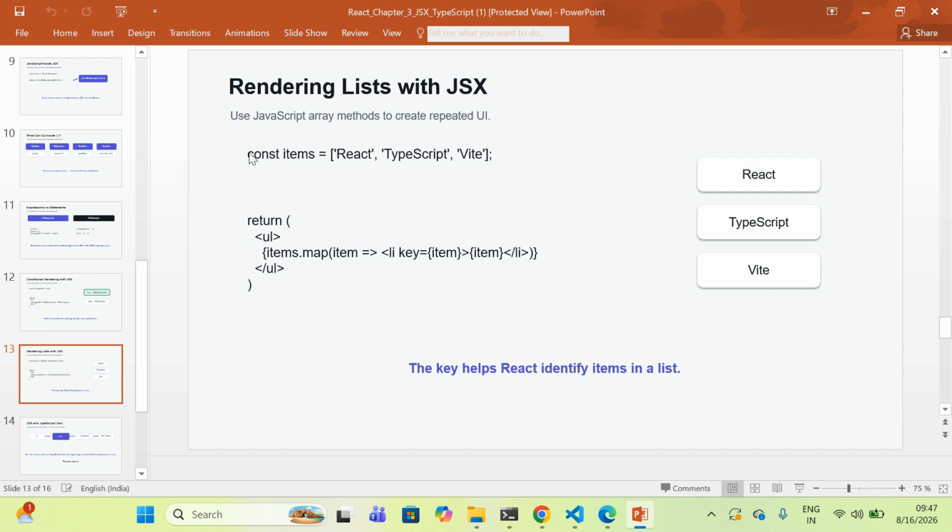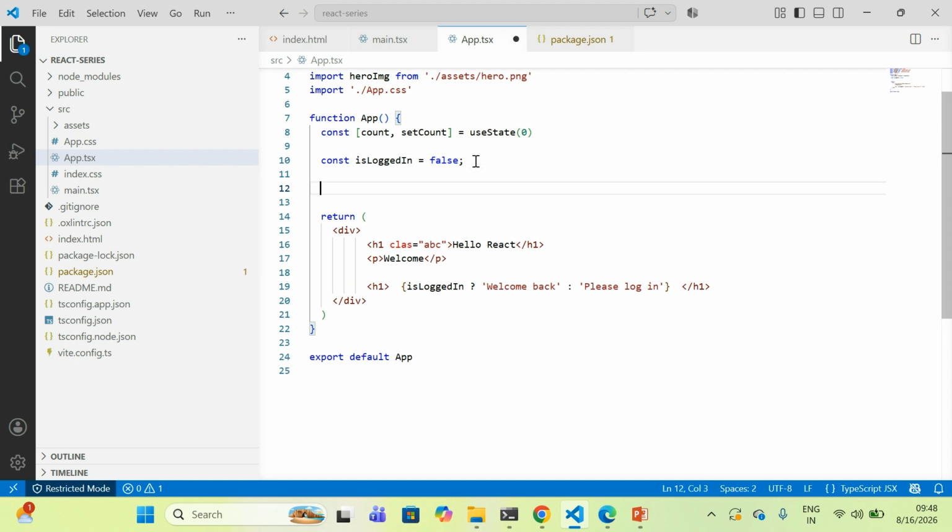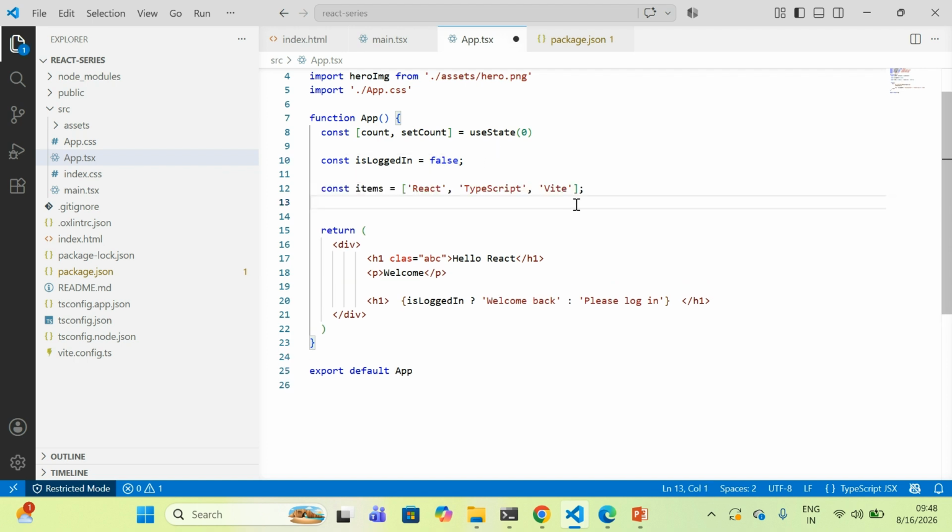So let's copy it, because I don't want to spend time writing everything. So you must be able to understand it. This is just an array.